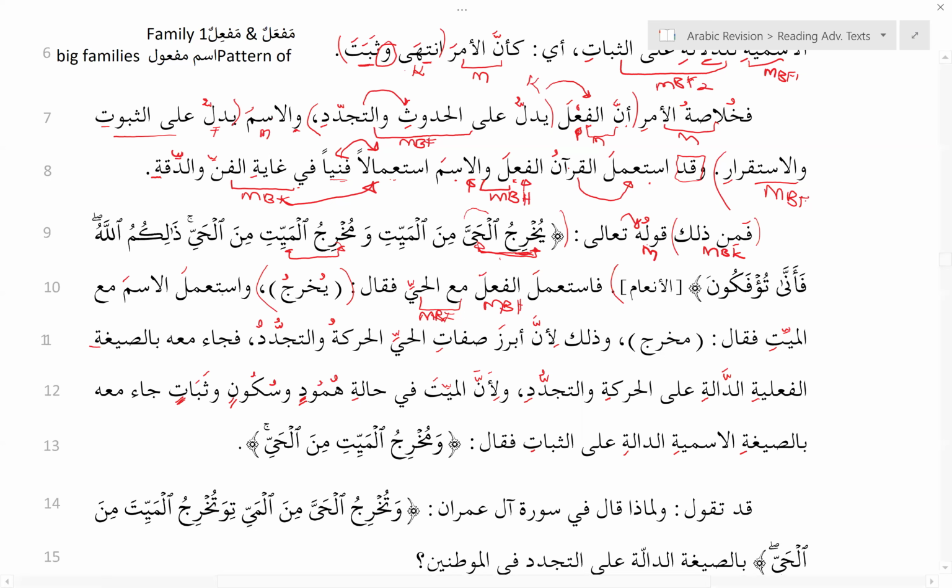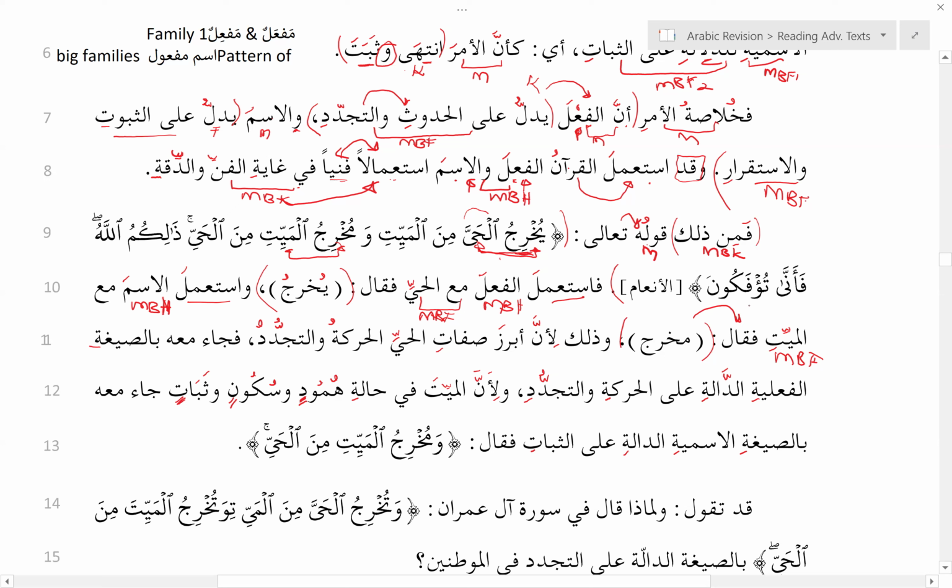And then واستعمل. So this استعمل is connected to this استعمل also. You can see فاستعمل واستعمل. So this is connected with حرف عطف. And then again another simple جملة فعلية here. We have to be grateful for such easy sentences. Alhamdulillah. So استعمل again فعل and فاعل. الاسم is again مفعول به, the same sentence structure. مع الميت is جار ومجرور متعلق بالفعل. Easy peasy lemon squeezy. فقال, we've already covered فقال. فقال مخرج, and also مخرج here would be مقول القول of قال. All right, so far so good.